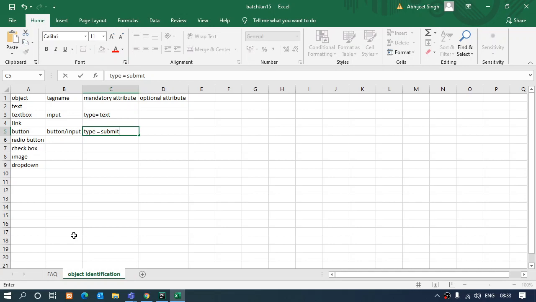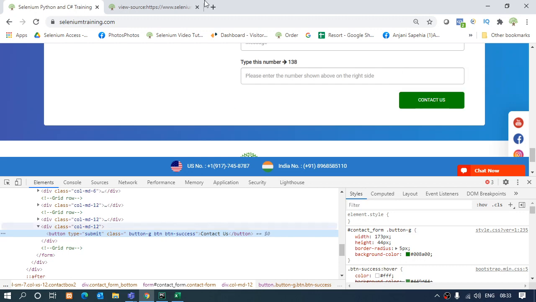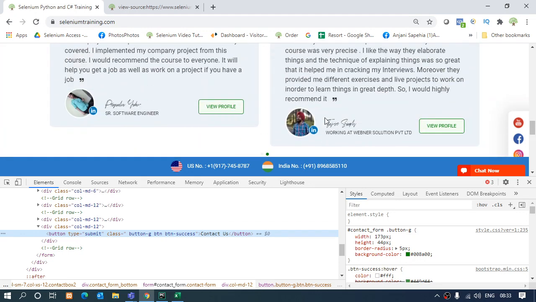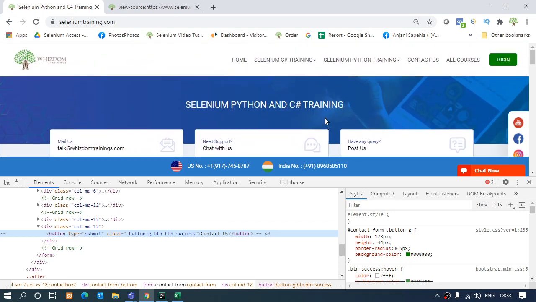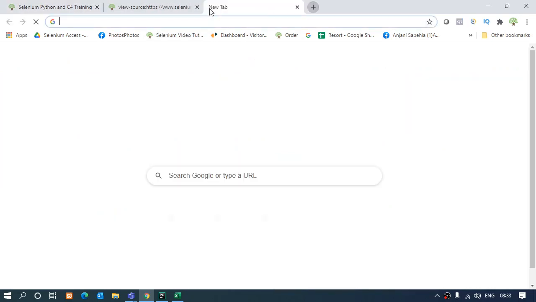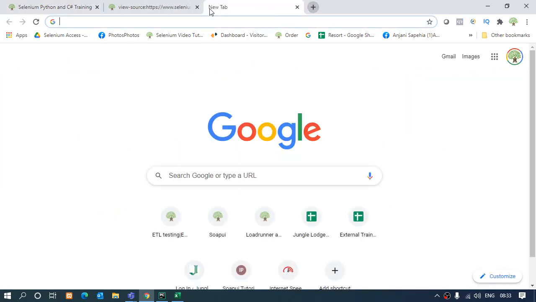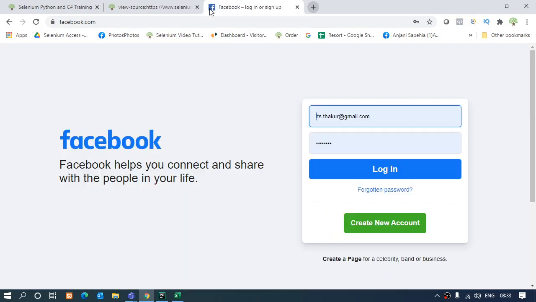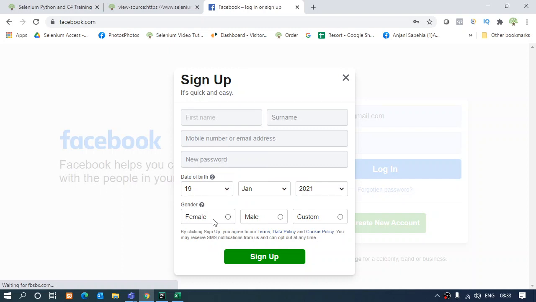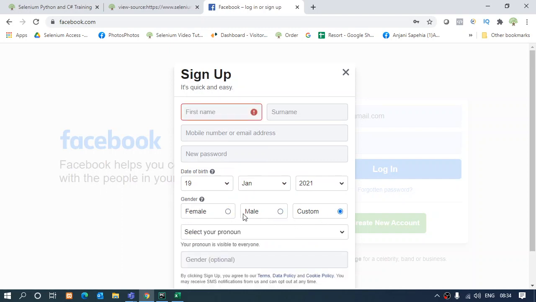Okay, then we have radio buttons. Now over here on this page I don't have any radio button, so let's take another page to see. Let's say facebook.com. Okay, I'll go to create new account, and over here I have the radio button.